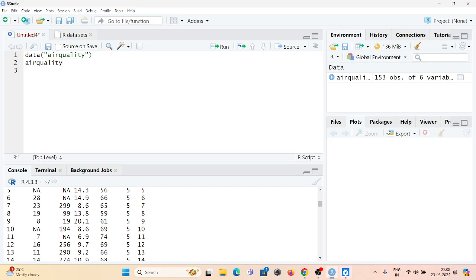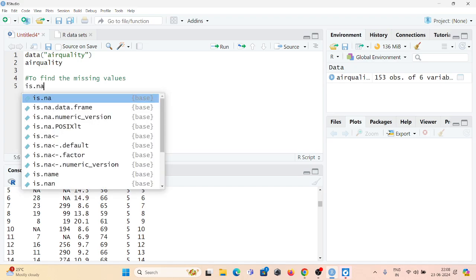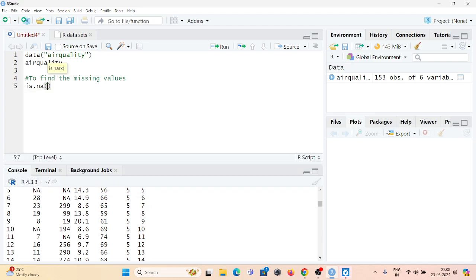Then second, I want to find the missing values. So in the comment line I can write here: to find the missing values. What can I do to find the missing values? I can write is.na, and within the brackets I have to write the data set.